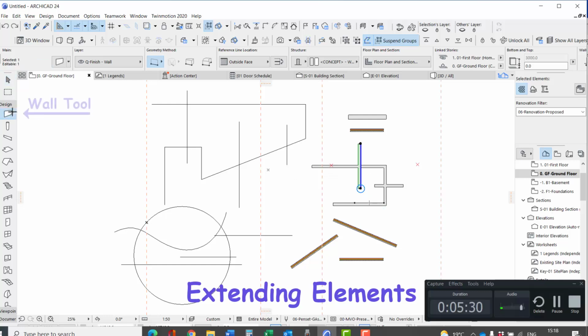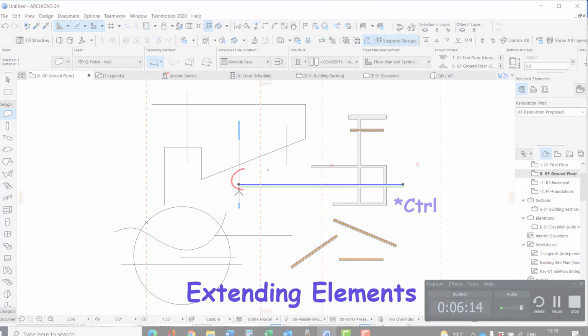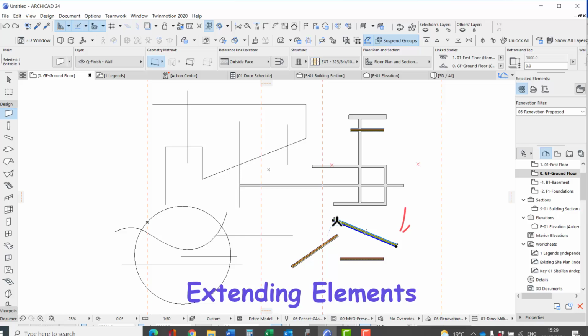You have to activate the wall tool, select the wall, hold Control and press down on the left-hand mouse button. And this process is one that can be continued again and again. It works with a guideline or a line. Select the element, hold the Control key down, left click on the guideline, left click on a line, select this wall,